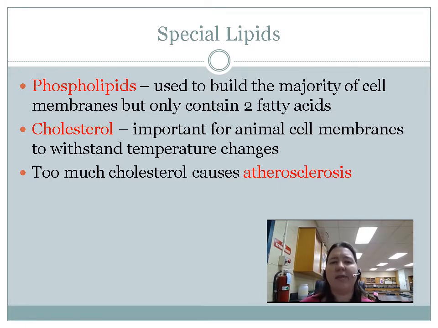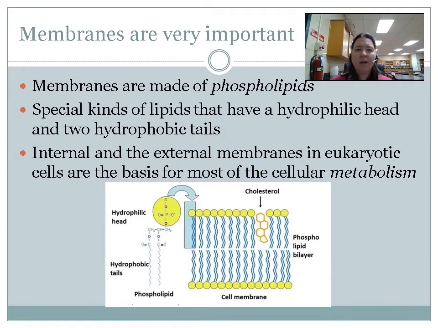So we're going to talk a little bit more about those this chapter, but then we're going to talk a lot about them next chapter when we talk about the membrane specifically. So membranes, we're going to touch on this a little bit because part of what we're talking about is the endomembrane system. So membranes are very important, and they're made of these phospholipids, okay, and you can see here, they've got this hydrophilic head, and you can kind of see down in this picture right here. They've got this hydrophilic head, so that actually sticks out in either direction. And then they've got these hydrophobic tails, so they've got 2 of them, 1, 2, okay, and they kind of look like a hairpin, a bobby pin, you know, those kinds of things.